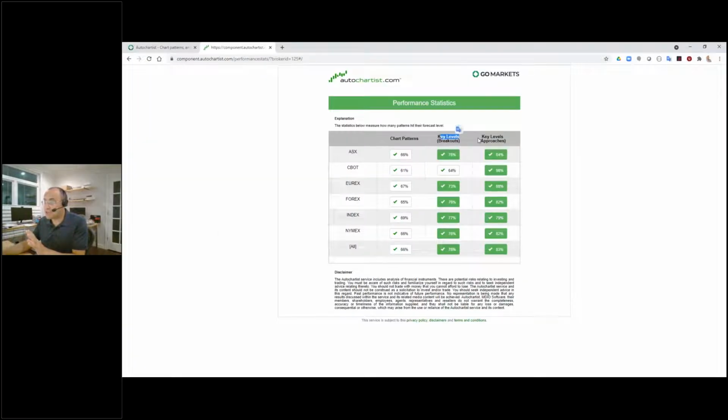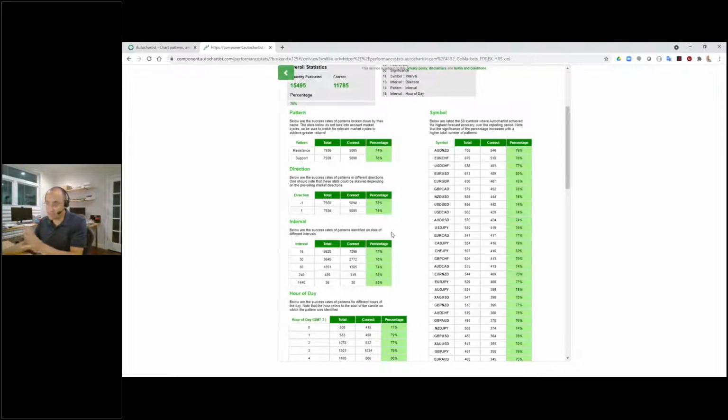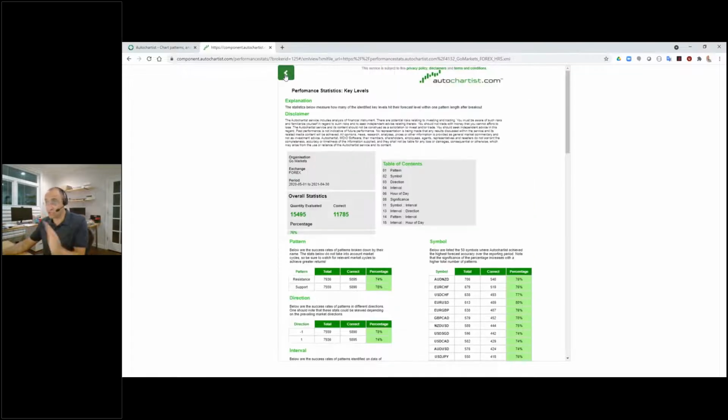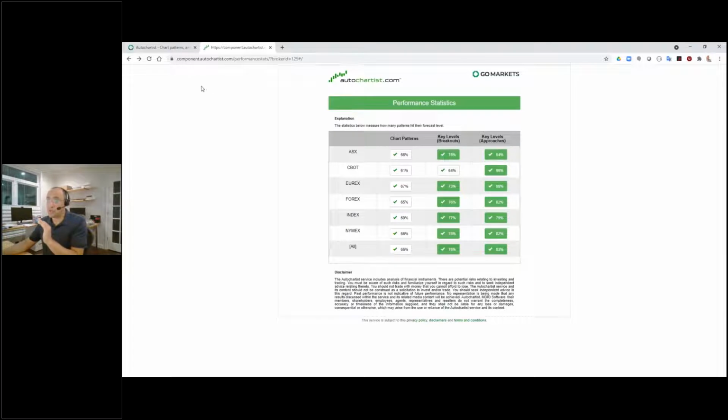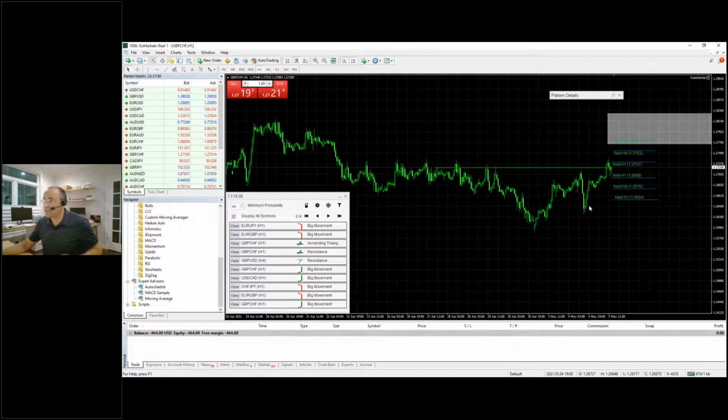You can see these are breakouts and approaching levels, with 76% and 82% probability of hitting the target level. Really, really high probabilities. You can click in and dig in and see the probabilities themselves. I'm not going through this right now. We'll have an entire webinar dedicated to that itself. But really high probabilities of hitting those forecast levels,